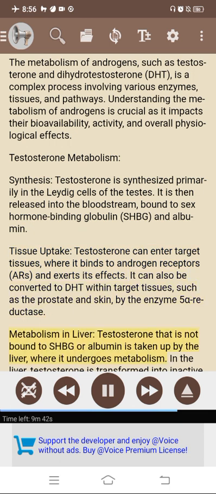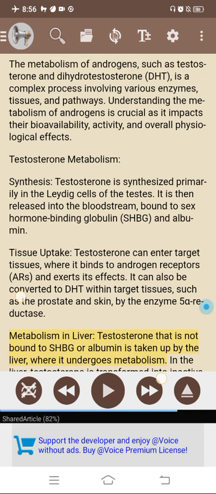reductase. Metabolism in liver. Testosterone that is not bound to SHBG or albumin is taken up by the liver, where